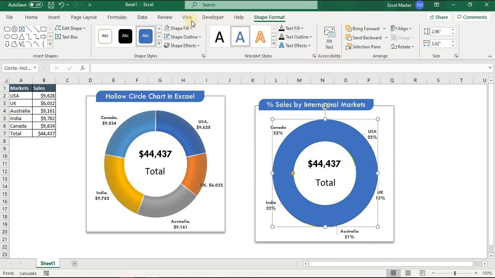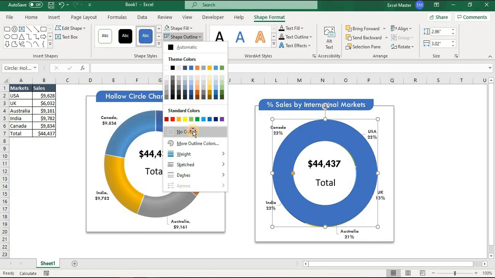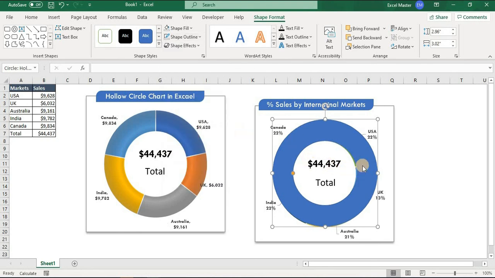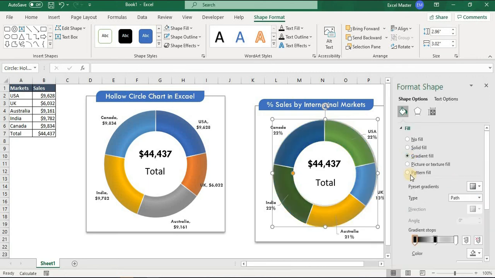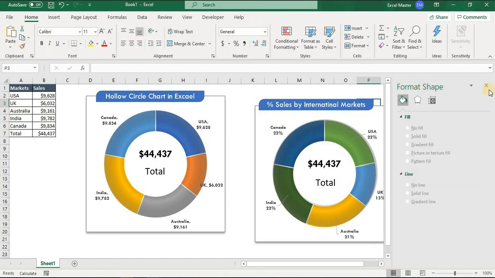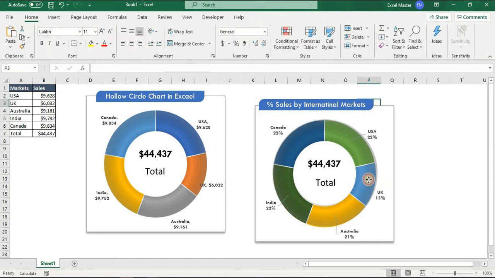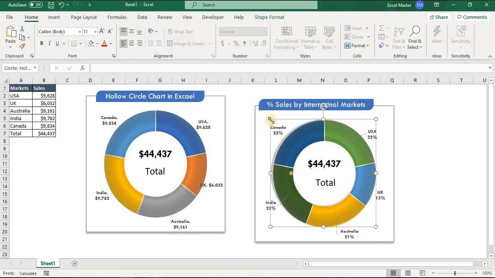In Shape Format, we will remove the shape outline, then right click, Format Shape. We'll apply the gradient fill. Automatically it will fill because we have already done the designing, so it has filled the format. Now we will adjust the shape to fit the circle exactly.